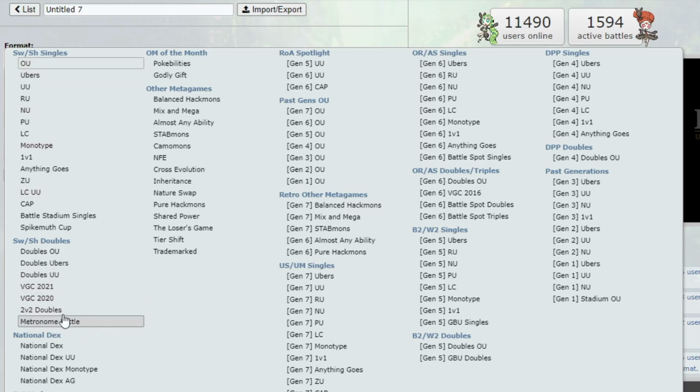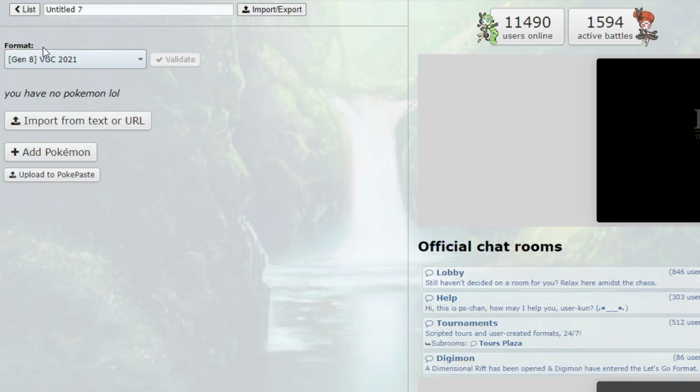If you want to go to doubles, then I would recommend using this format, VGC 2021, and this drop-down option, this slider, it always changes depending on what the current competitive format for Pokemon is. So the Pokemon Company International hosts tournaments, and those tournaments are played in doubles formats under these rules. And currently the rules are you're allowed to have one box art legendary, so